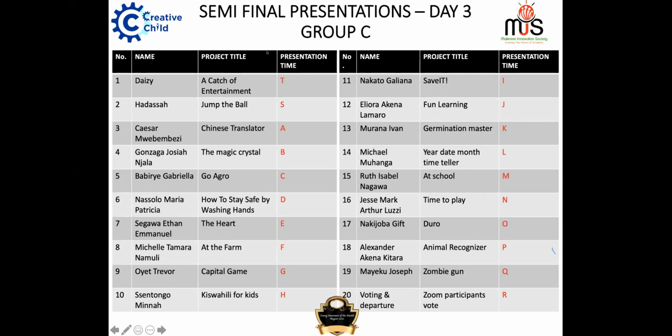So I hope voting is getting done. Just type, if you're voting: A Catch type T. Voting Hadassah type S, voting Caesar type A, Gonzaga Josia type B, Gabriela type C, Nasolo Maria type D, Segawa Ethan type E, Michelle Tamara Namuli type F, Oyet Trevor type G, Sentongo Mina type H, Nakato Galiana type I, Eliora Akena Lamaro type J, Murana Ivan type